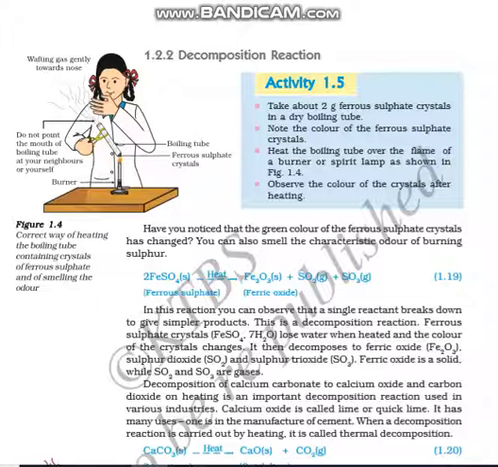In presence of heat, it gets converted to ferric oxide plus sulfur dioxide plus sulfur trioxide. So here it is only one compound, ferrous sulfate. When we are heating it in a boiling tube, it gets converted to three products, one of which is ferric oxide,